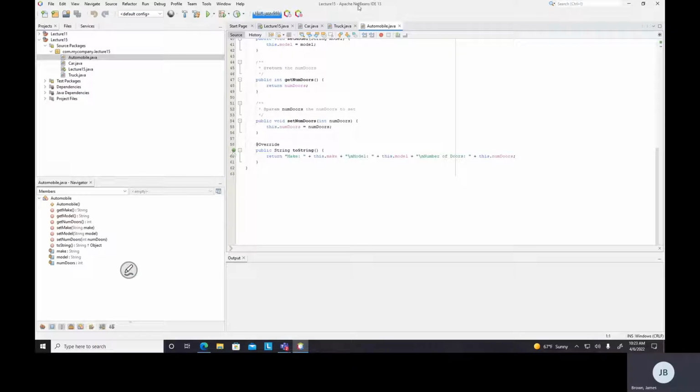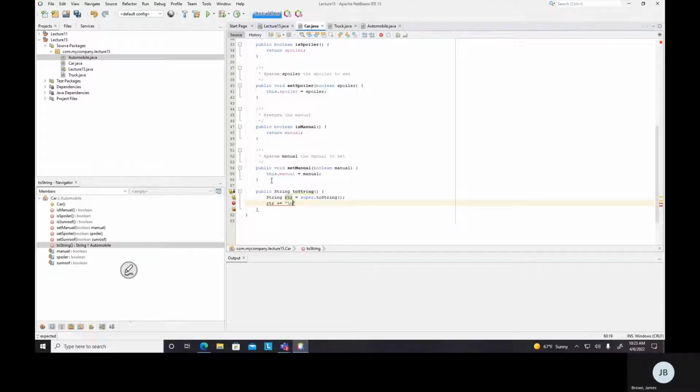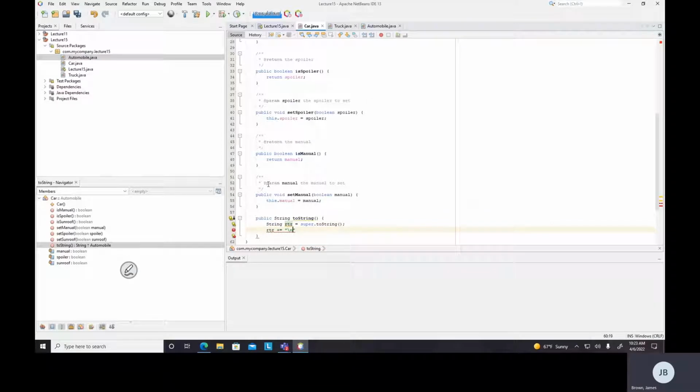I have this one. So let's do car. Public String toString, String rtr equals super.toString, rtr plus equal new line, roof plus this.roof. rtr plus equal, actually I think